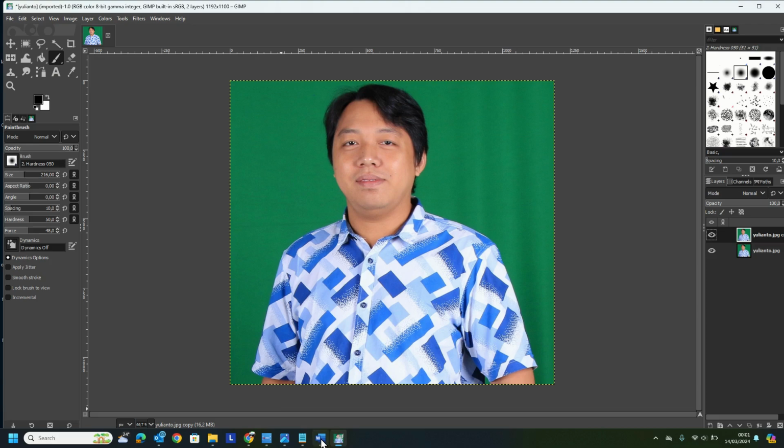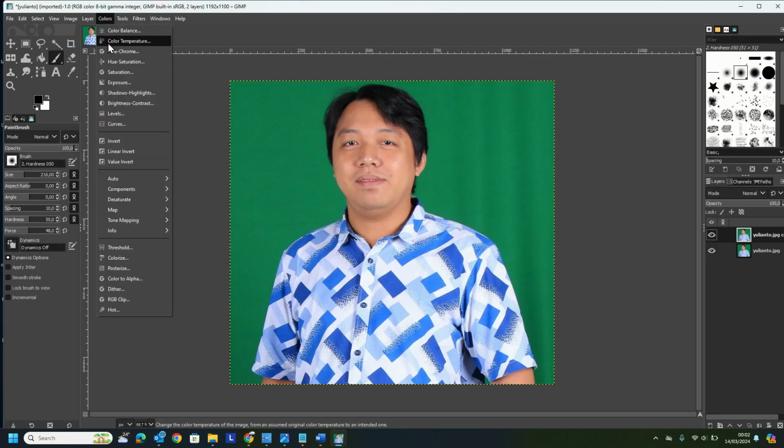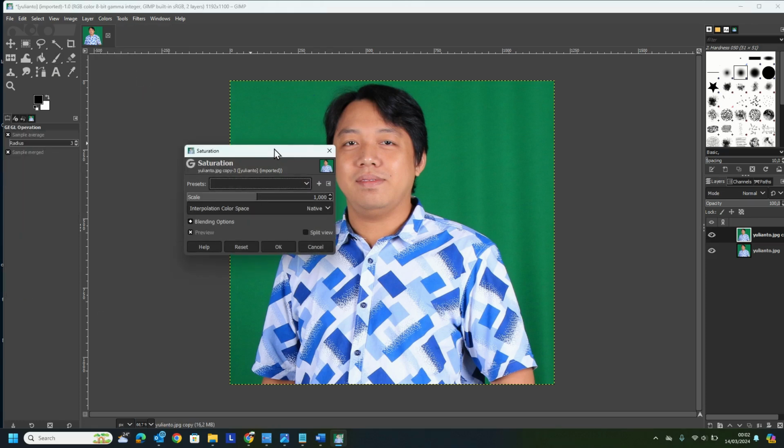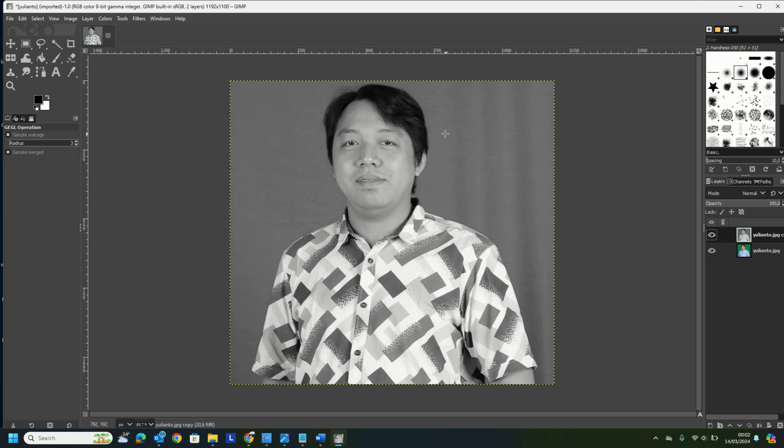Go to Colors, then choose Saturation. By default, the scale is set to 1000. Just trim it down to 0 and click the OK button, so your image will appear in grayscale format.